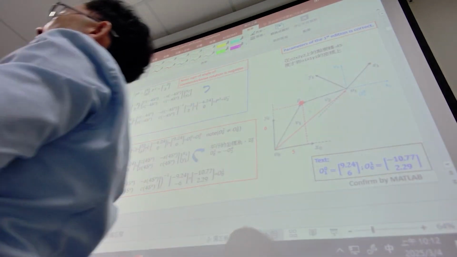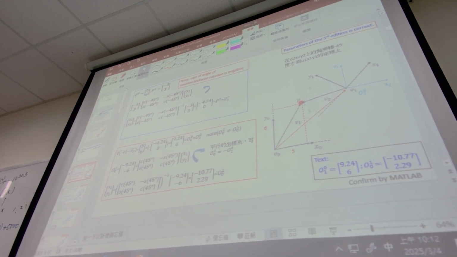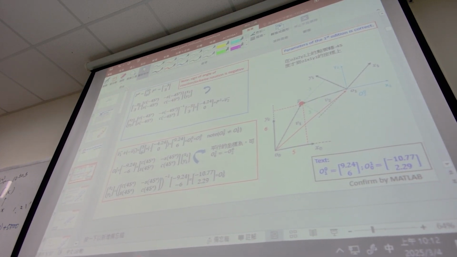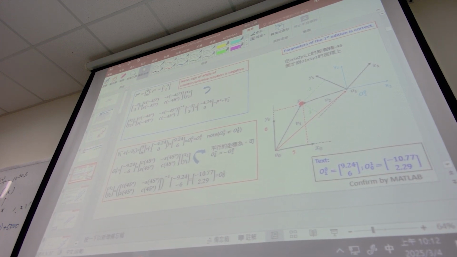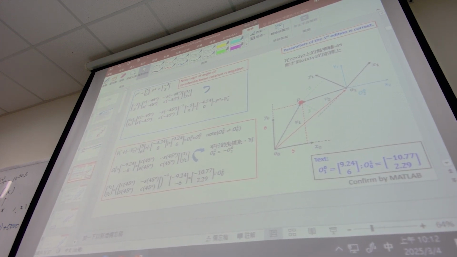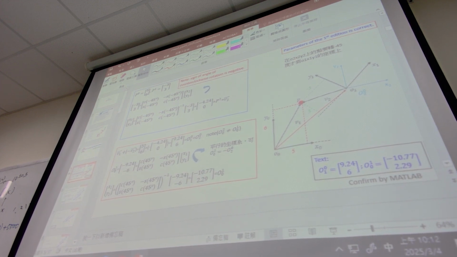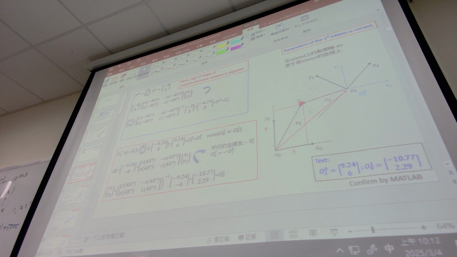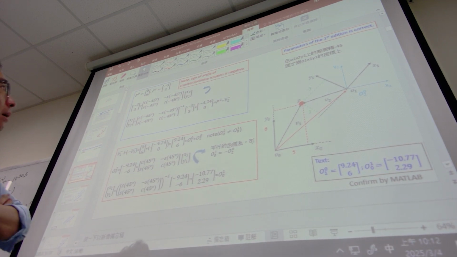Because if I can rotate back, then I can do the later calculation. But I need to rotate back. So when I rotate back, I obtain the x2 and y2 with the number minus 4.24, something like that. And I define it as,